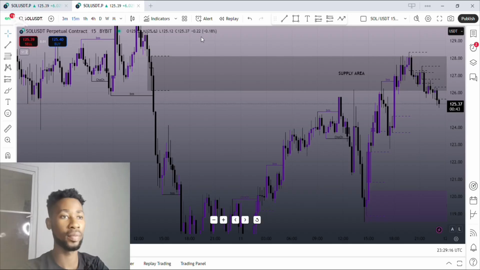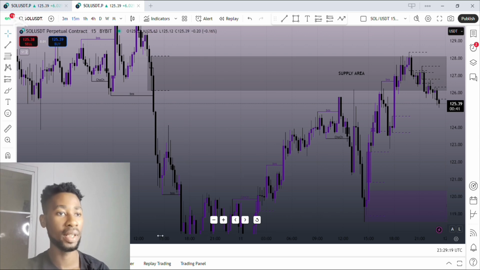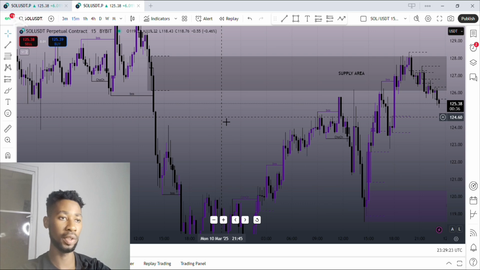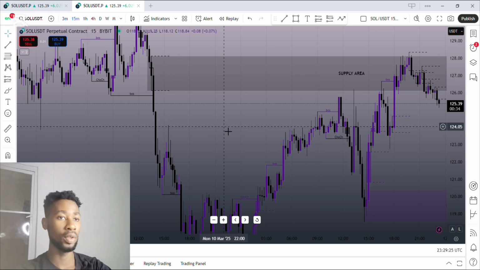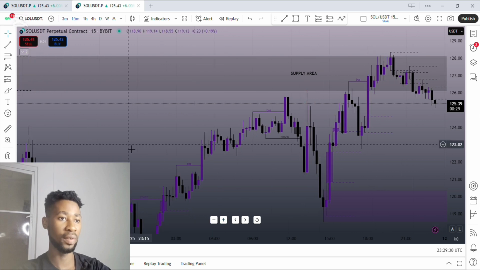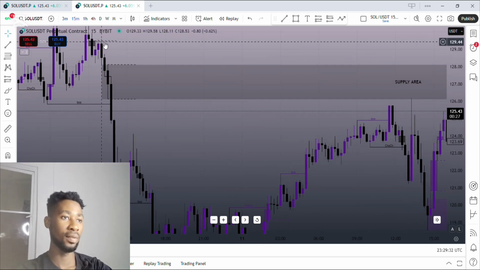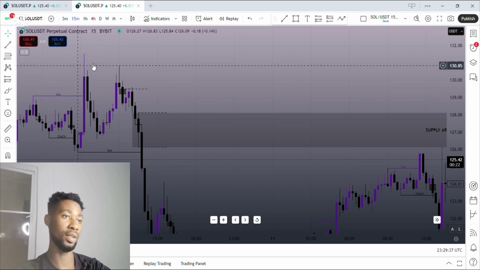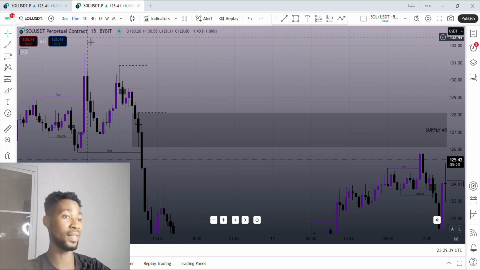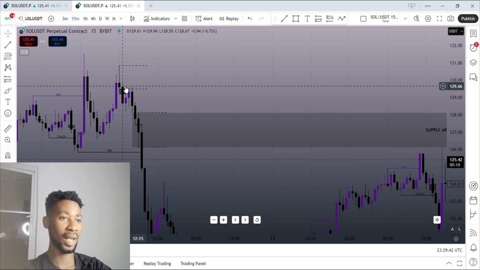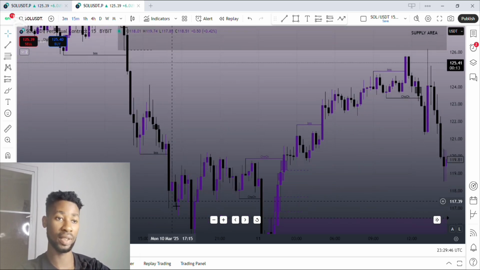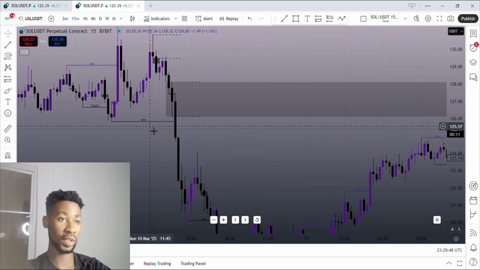Let's get into it. Looking at this here, I still have my marked out regions, so we are going to be using them. Let me zoom in so it's bigger for you guys to see. From this point here, this is Solana against USDT, SOL/USDT on a 15 minute time frame. We had a strong sell to the downward side, a very massive sell, which broke